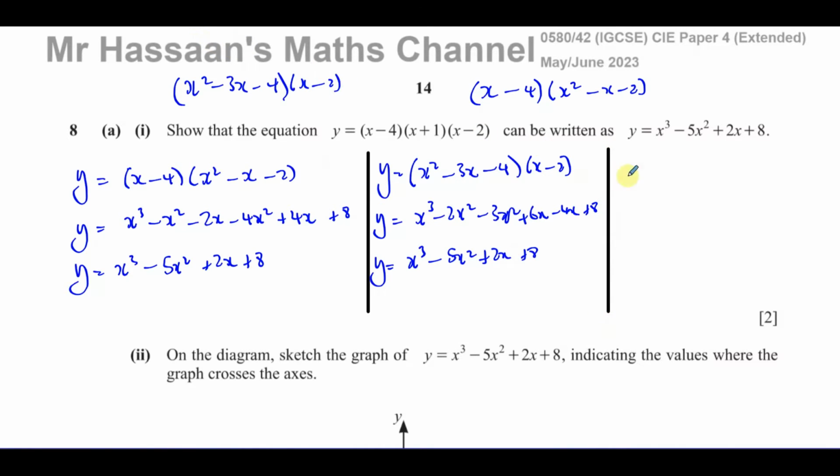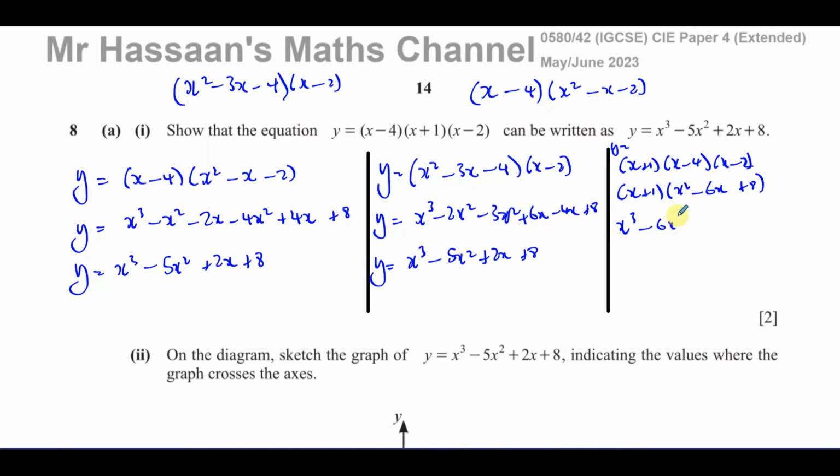Okay, you could have, for example, multiplied these two brackets first. So I could have written y equals x plus 1 times x minus 4 times x minus 2, and multiplied these two brackets first. So I'll have x plus 1. This would be x squared. Okay, this is a minus 2 here. x squared, and that's going to be minus 6x and plus 8. Okay, and then x cubed